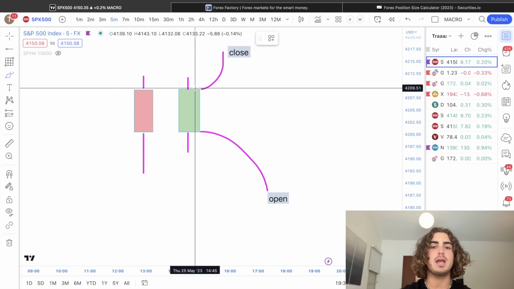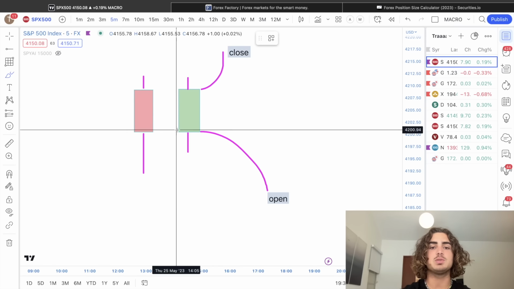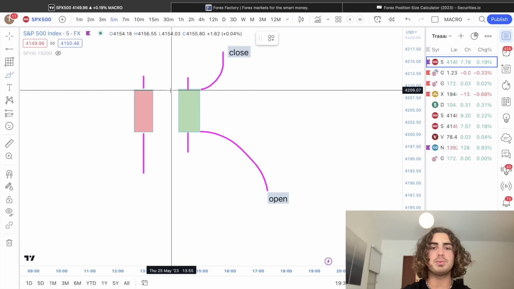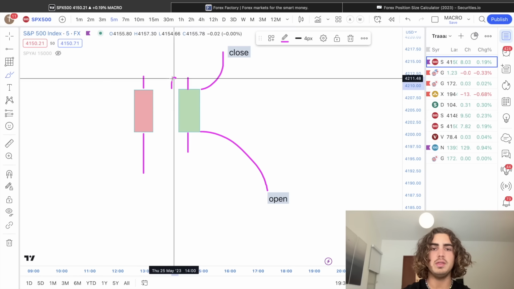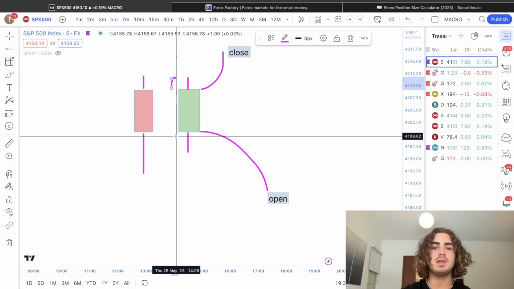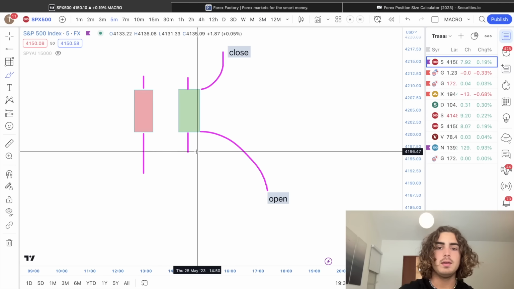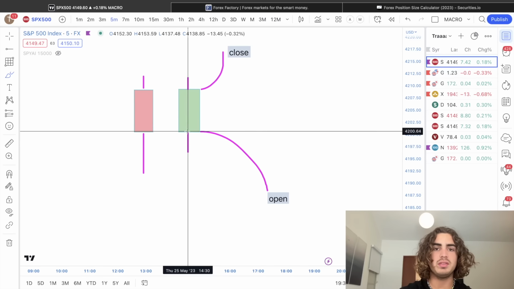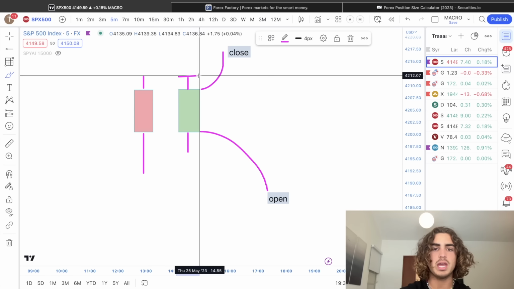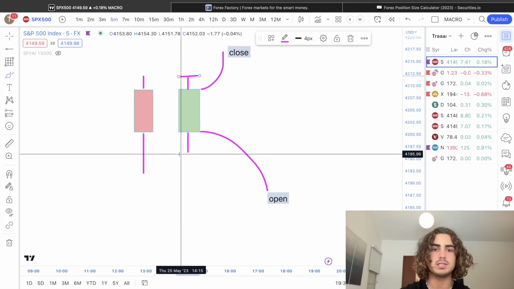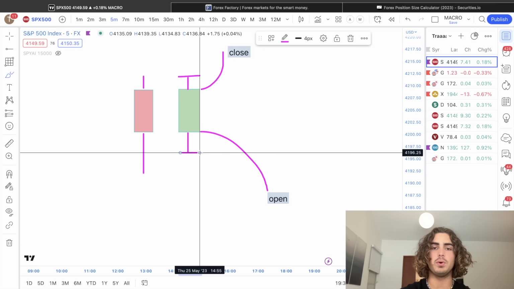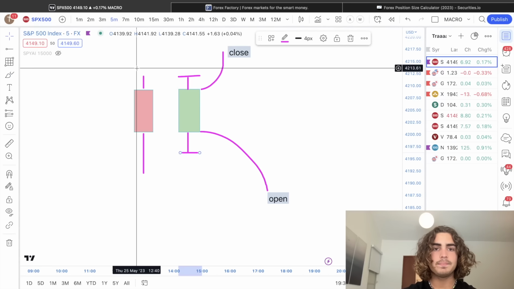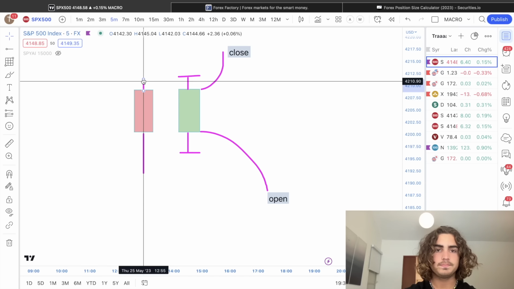So that means, right, if there's a wick all the way up here, that means within this 5-minute candle, yes, it didn't close up here, but price moved up to this point, okay? And then same thing with here, okay? Down here was the lowest price point that price went within these 5 minutes. So now we know, okay, this is the highest point it went to, and this is the lowest point it went to, okay? Same exact thing on a bearish candle,